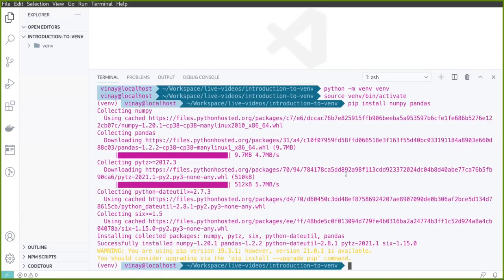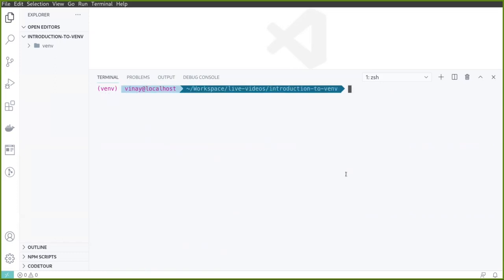So we have installed NumPy and Pandas, and just for the sake of it, let us assume that we create some code around this, program.py, and we have this program file and all those things. We just need to remember one thing: we do not touch this venv folder, and we should not send it anywhere. Ideally we can send it, but it is of no use to other people.